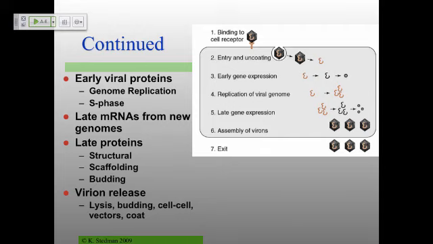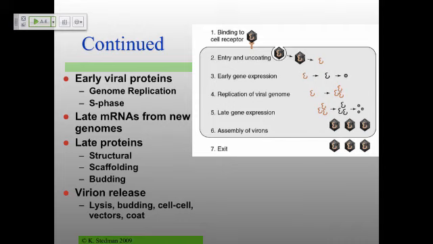What do most of these late messenger RNAs code for? They're usually things that you need to make virions with. So there'll be structural proteins, scaffolding proteins that we'll talk about later on. These are proteins you need to make virions but don't actually end up in the virion itself. And then often how you can get out of the cell. Many of these late proteins are also involved in the very last step, which is getting those virions outside the cell. In some cases, that's busting open the cell completely, but that's not true for all viruses by any stretch of the imagination.